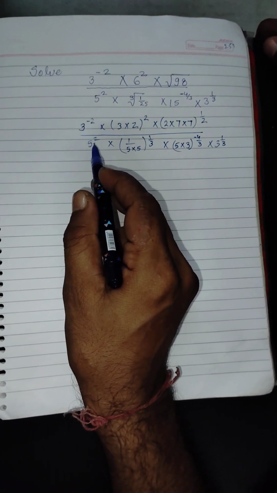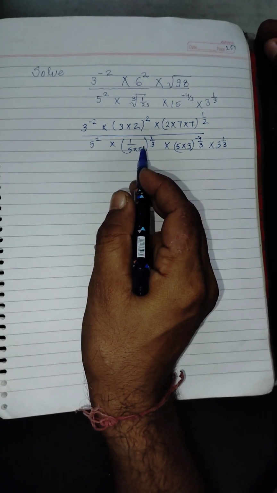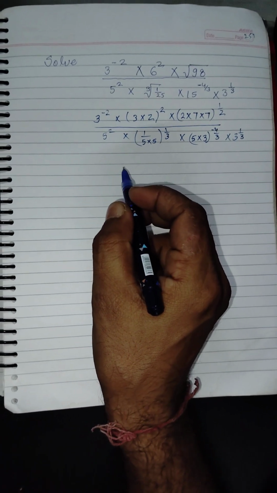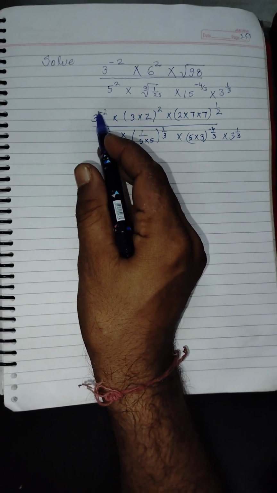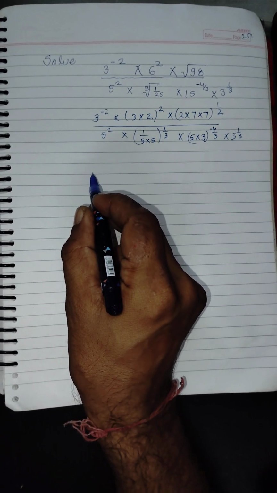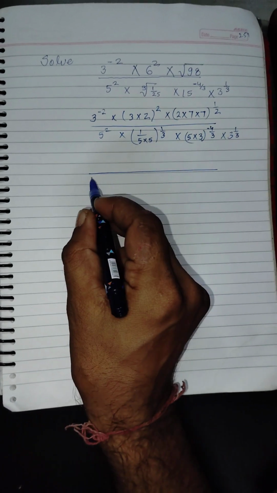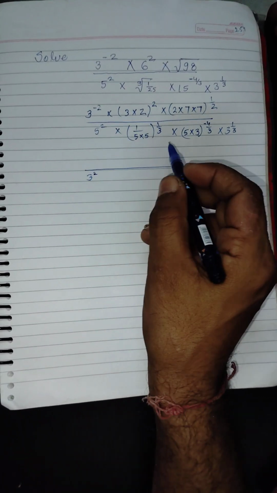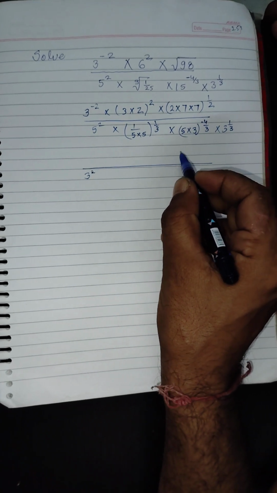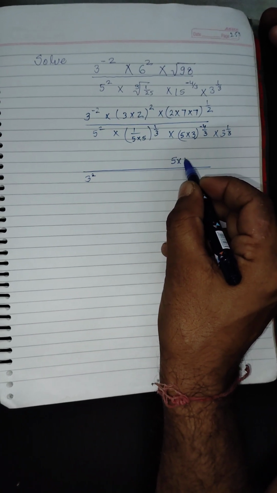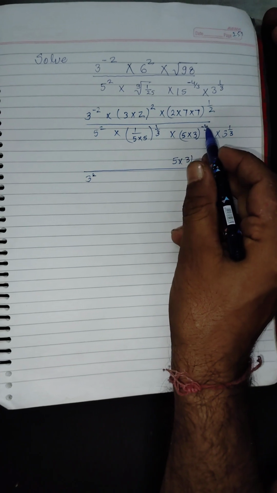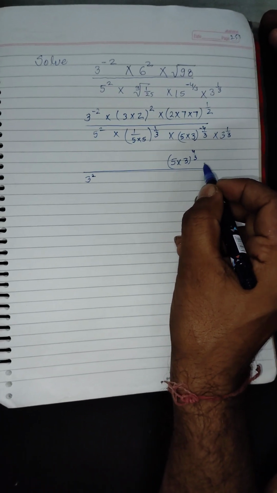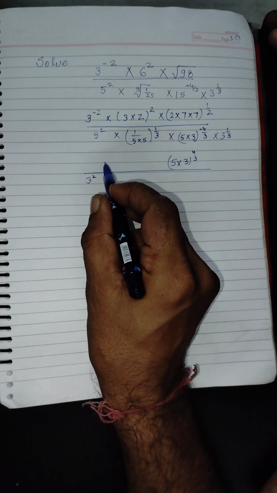Now we see negative power and positive power. A negative power converts into positive when we switch from numerator to denominator or denominator to numerator. So in the numerator, 3 power minus 2 becomes positive power when we switch this number to the denominator, so 3 power 2 is positive. Similarly, in the denominator there is 5 into 3. Its power is minus 4 over 3, so it becomes plus 4 over 3 in the numerator. And the rest we write as it is.